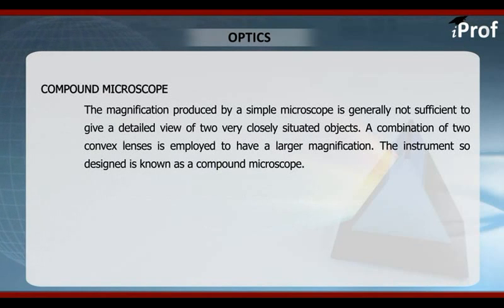Now we'll take up a compound microscope, which is a modification of a simple microscope. The magnification produced by a simple microscope is generally not sufficient to give a detailed view of two very closely situated objects. A combination of two convex lenses is employed to have a larger magnification. The instrument which is designed on this fact is known as a compound